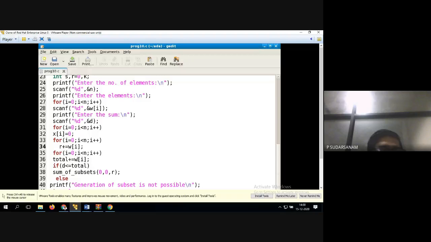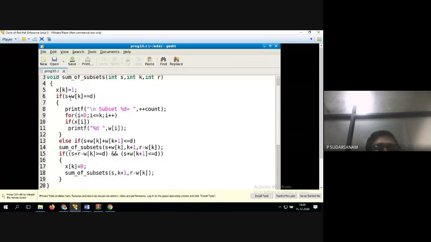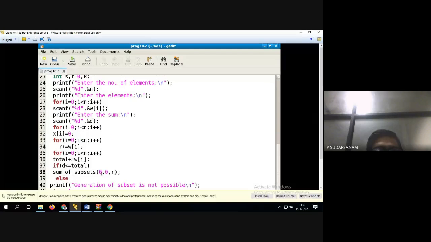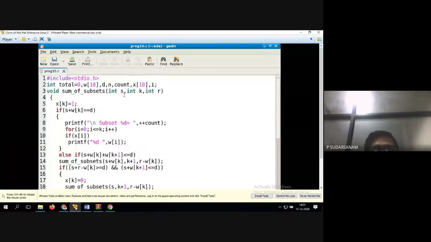So x of k is what you are assigning for comparison purposes, and initially you make it 1. Next, s is nothing but the initial 0. So 0 plus w of k, where k is equal to 1. w of 1 is whatever values you are entering. For example, if you take 1,